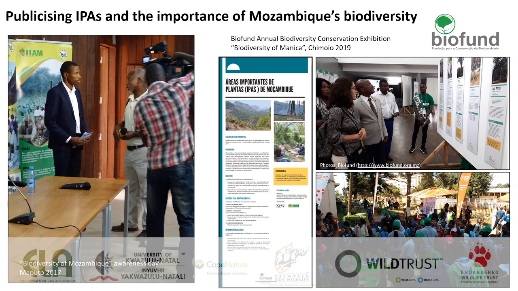Of course, much further work is needed to translate the IPA network into conservation action, not least an assessment of what form of conservation management may be most appropriate at and within each site. Given that Mozambique has already committed nearly 30% of its land area to varying designations of formally protected areas, it will be challenging to secure traditional protected area status for additional sites, and we need to be open-minded about what conservation measures might be most successful.